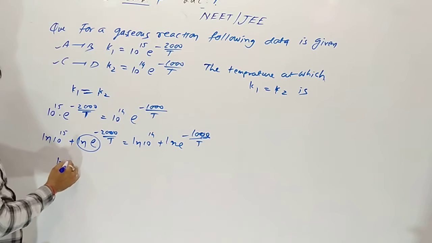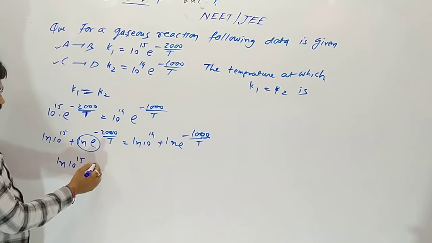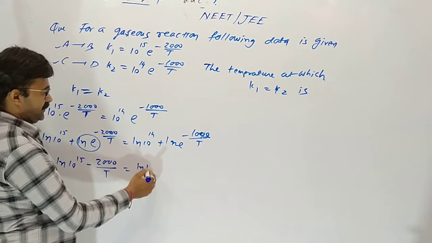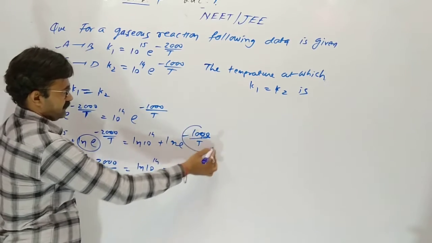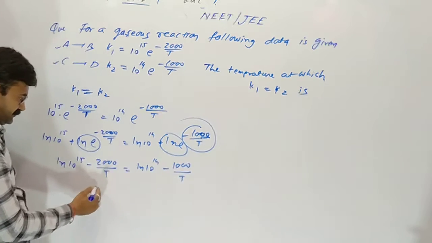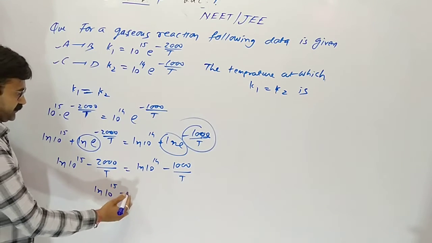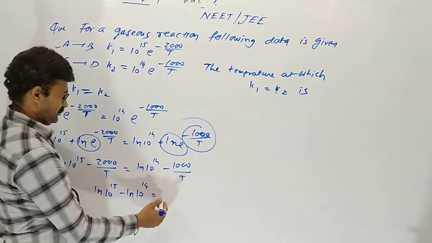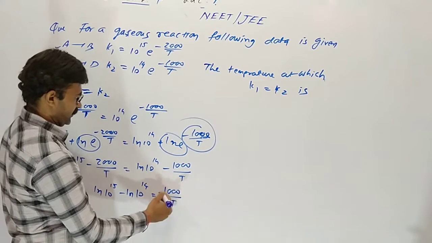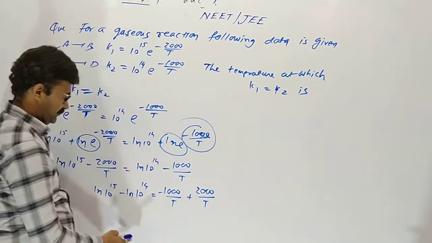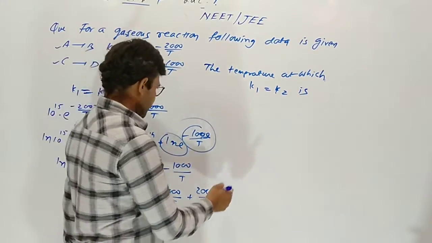First of all, minus 2020. Linear 10 raised to 14, 1 minus 1020. So linear 10 raised to 15 minus linear 10 raised to 14. So 1020 plus 2020. So here